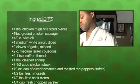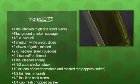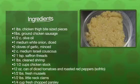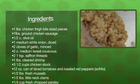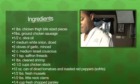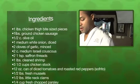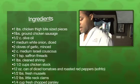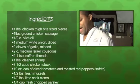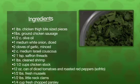One pound of chicken, thighs or breast, one pound of any kind of sausage you like. You can use half a cup of oil, one medium white onion, two cloves of garlic minced, two cups of Israeli couscous, one teaspoon of saffron, one pound of clean shrimp, 3½ cups of chicken stock, 12 ounces of tomatoes and roasted peppers to create your sofrito, a ½ pound of fresh mussels, a ½ pound of clams, and 1/4